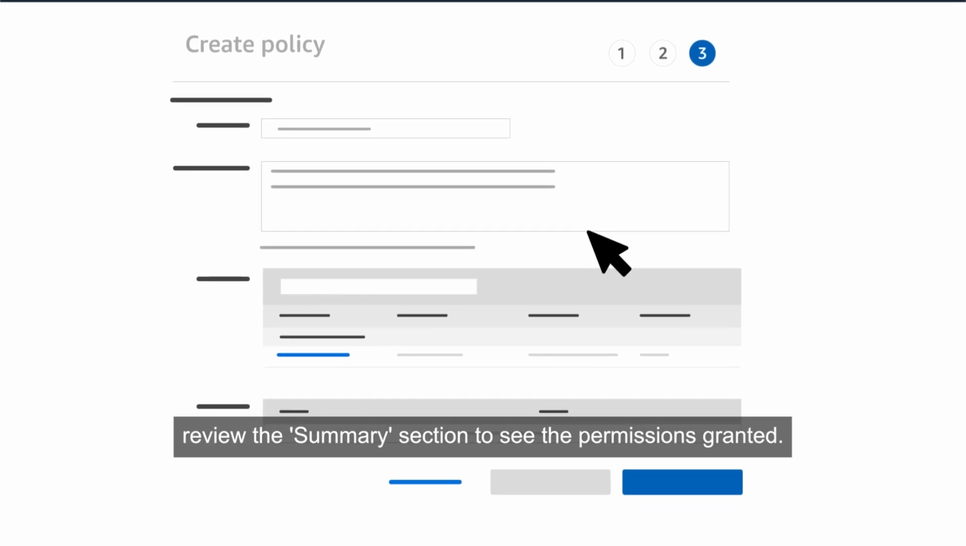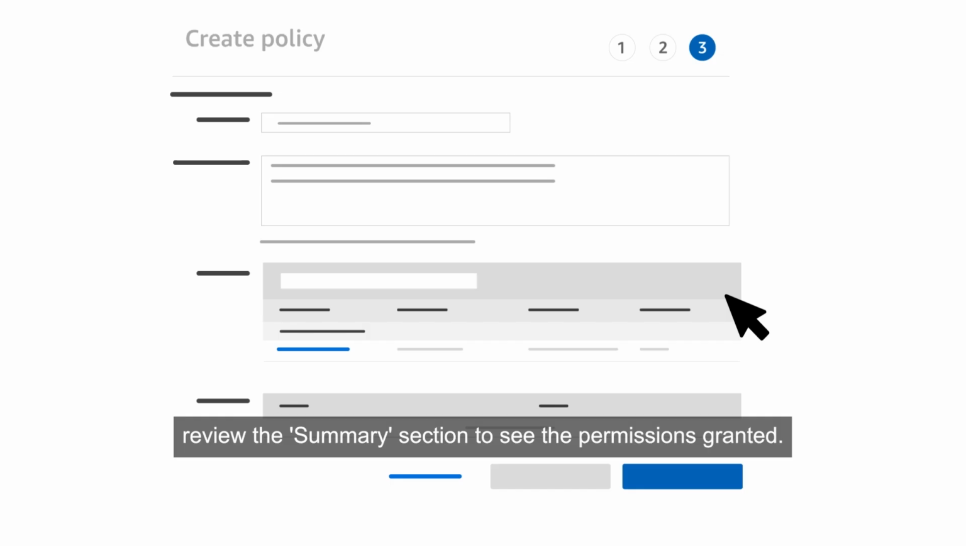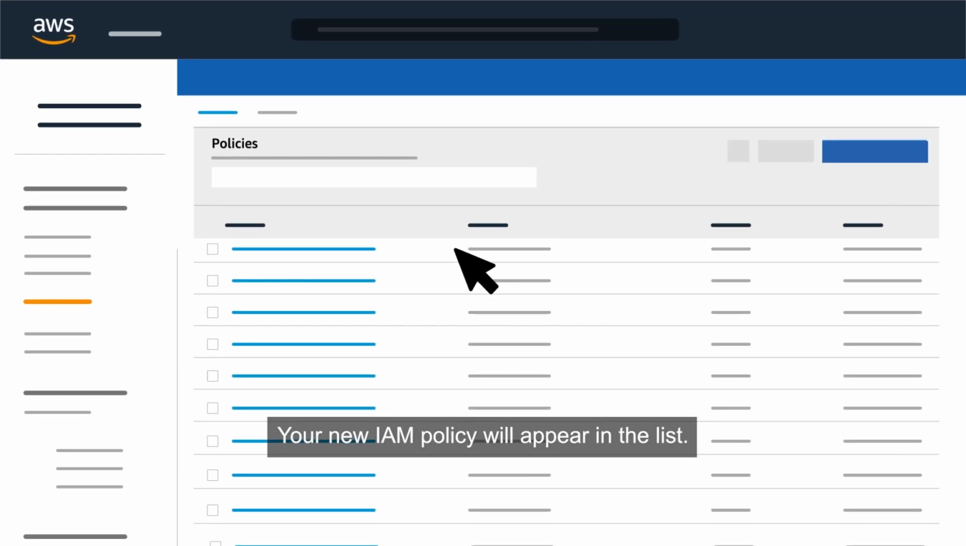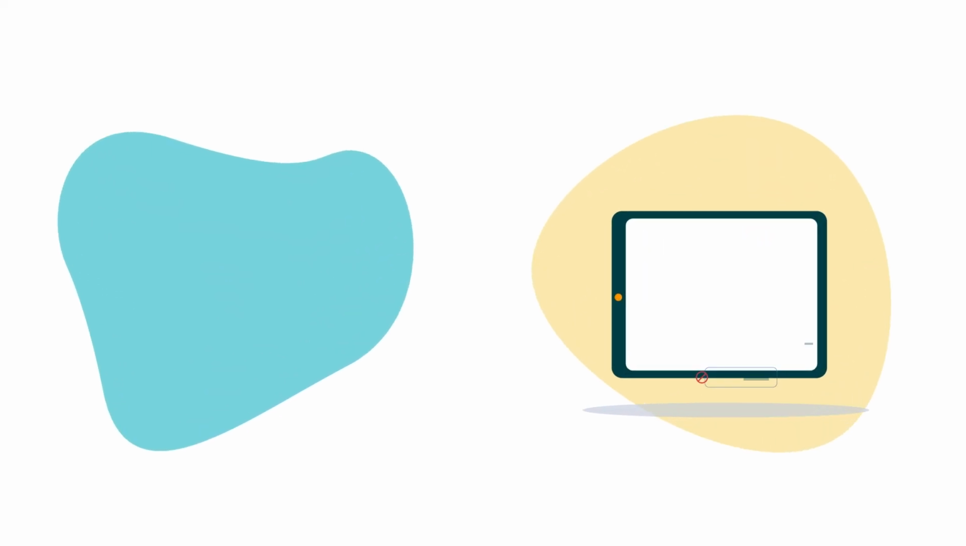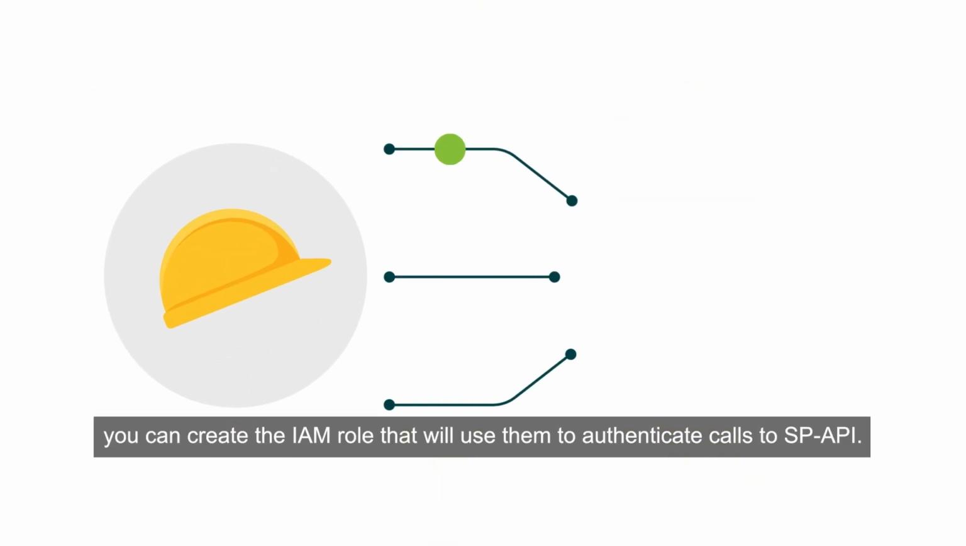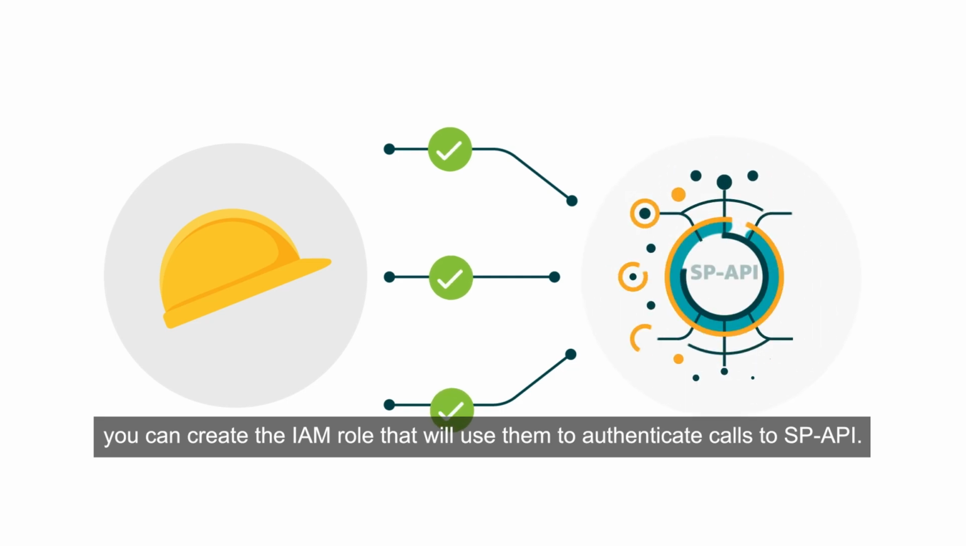Finally, review the Summary section to see the permissions granted. Then click the Create Policy button. Your new IAM policy will appear in the list. With your policy and permissions in place, you can create the IAM role that will use them to authenticate calls